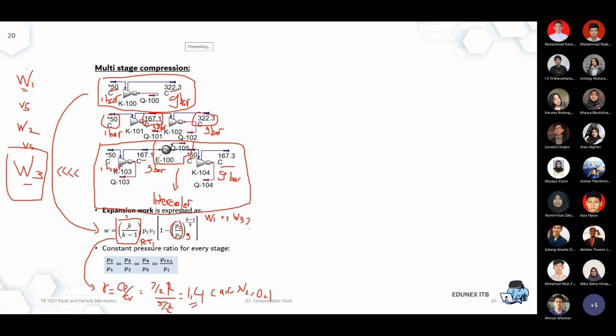How about the second part over here, P1 V1 and RT1? Will there be any difference between process 1 and process 3? Are we working with different P? Different V? Or different T? All of them are 1 bar, all of them are 50 degrees C. So it's actually still the same. So between 1 and 3, the biggest difference is what's inside the bracket.